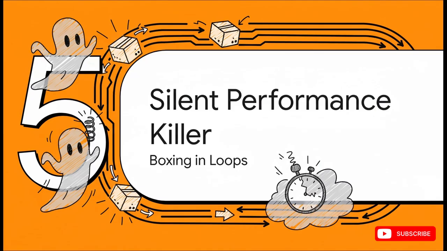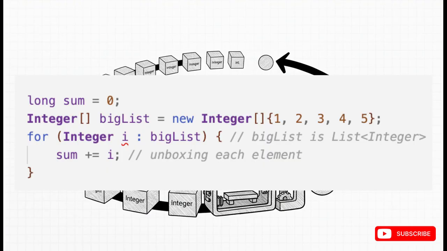All right, on to our third and final trap. This one won't crash your program, but it can secretly slow it down to a crawl. I'm talking about the hidden performance cost of autoboxing, especially when it's happening inside a loop. Take a look at this. It's a super common piece of code, right? We're just adding up numbers from a list of integers. But that line, sum plus i, it looks so innocent, but it's actually a performance bomb.